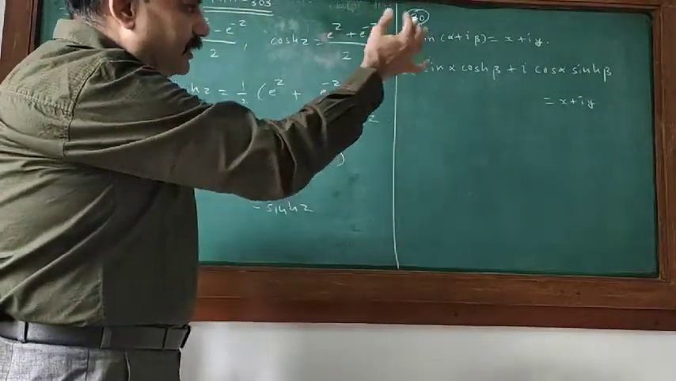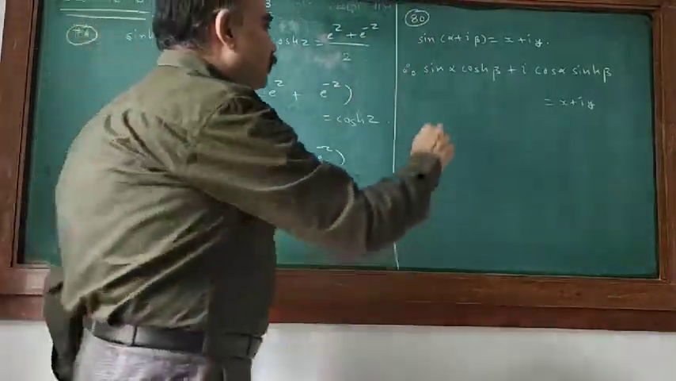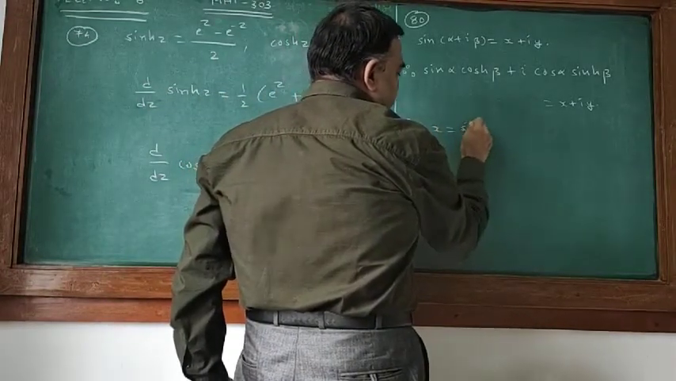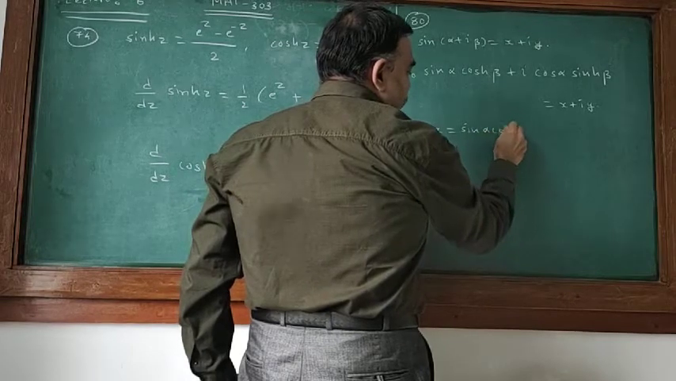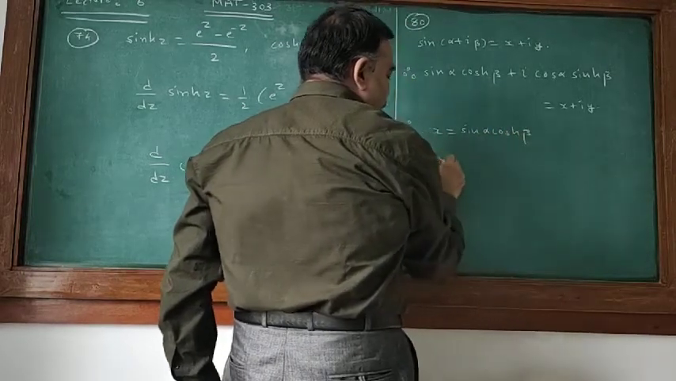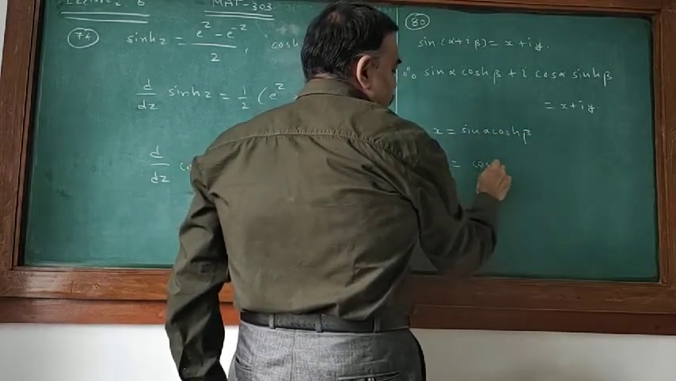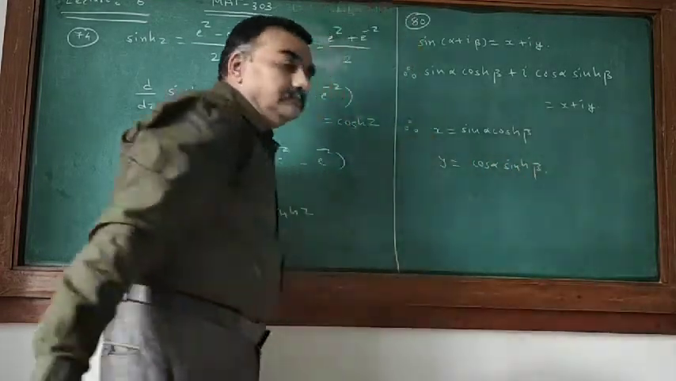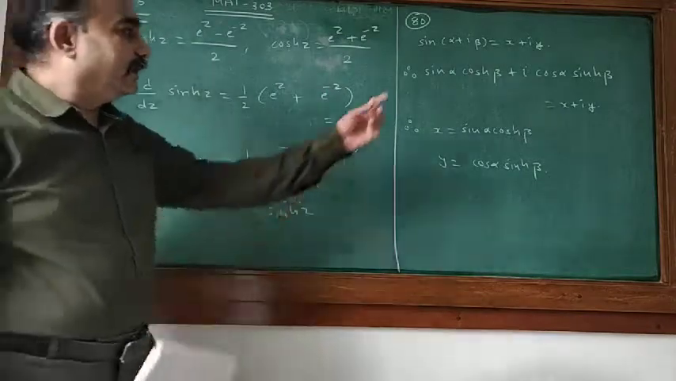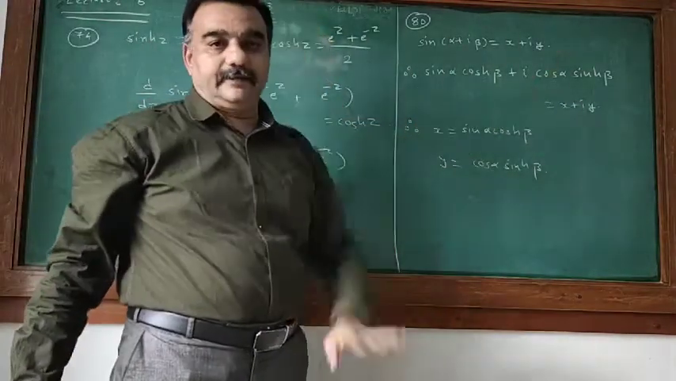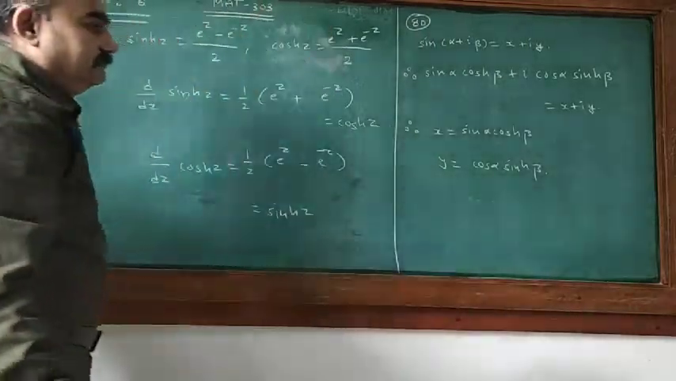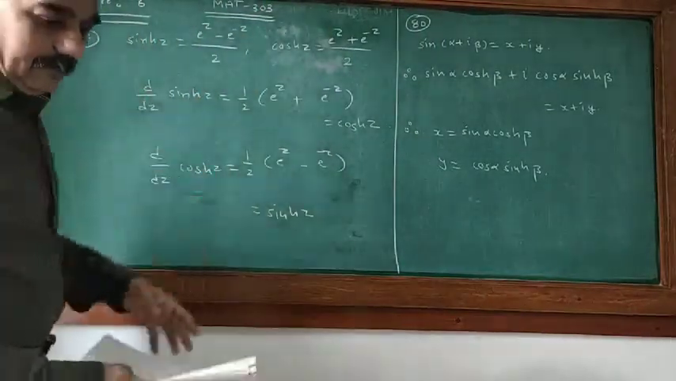Now we compare both the real and imaginary parts. So here we have x is sin alpha cos hyperbolic beta and y is equal to cos alpha sin hyperbolic beta. It means real to real, imaginary to imaginary. Now here we have